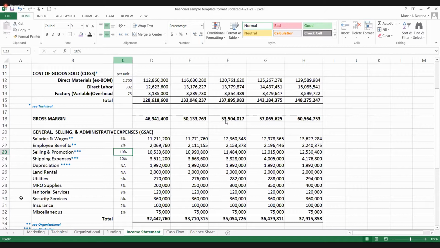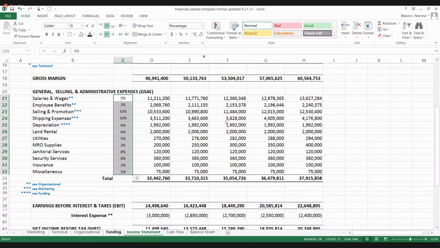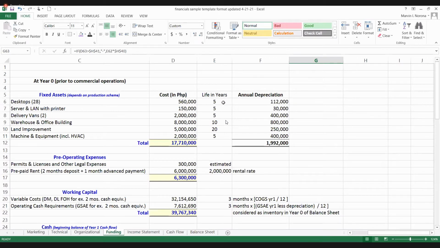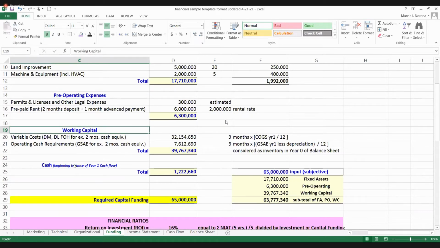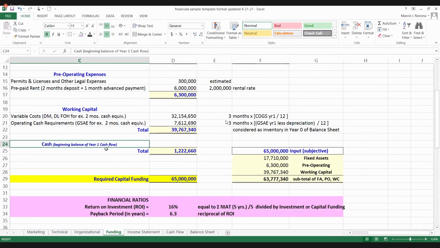from here. Okay? So yung tinatawag nating funding. So all the funding should come before year 1. Kasi hindi naman pwedeng mag-funding ng year 1. Kailangan may pondo na before you start. So nandiyan yung year 0, nilagay ko yung mga major items. Namely, fixed assets, pre-operating expenses, working capital, and cash requirements. Okay? So ito yun. So you need cash when you begin year 1. Ito yun.